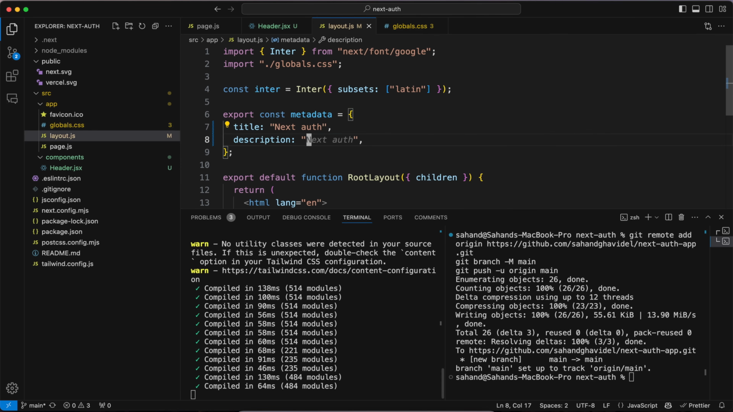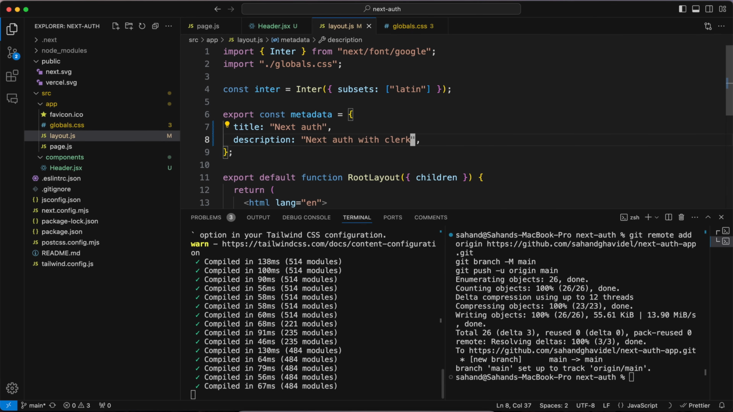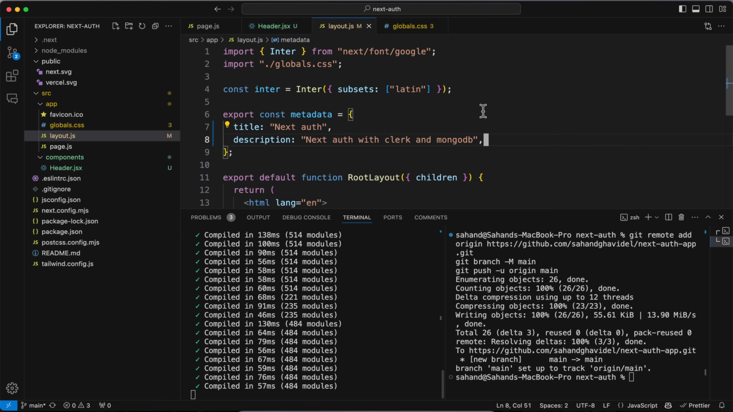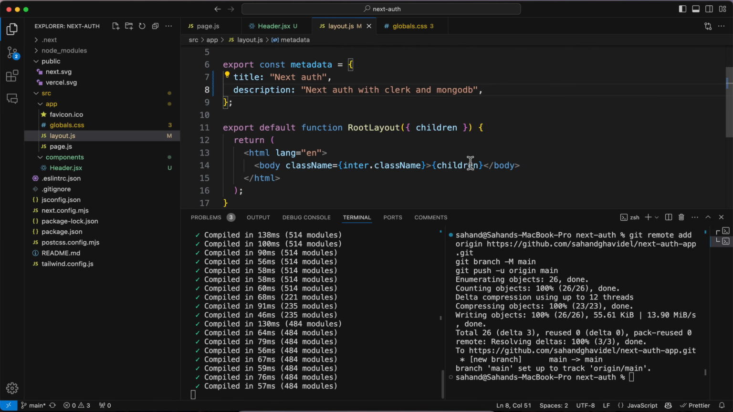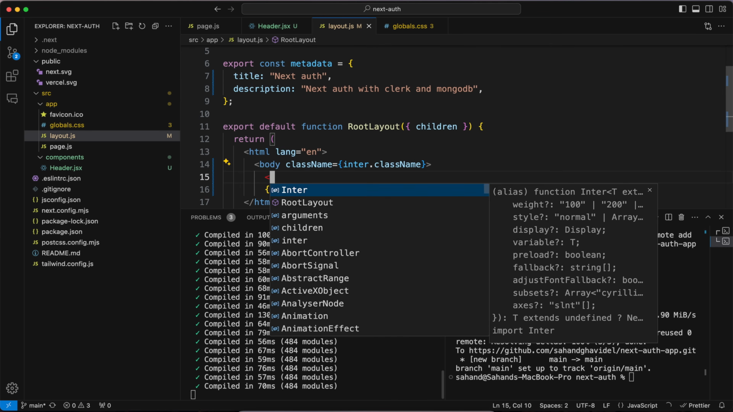Let's see, next of with Clerk and MongoDB. So this title and description is going to be in all pages. And then this children is going to be the page inside the layout. And whatever you want to add to all pages, you want to add outside this children. For example, we want to add that